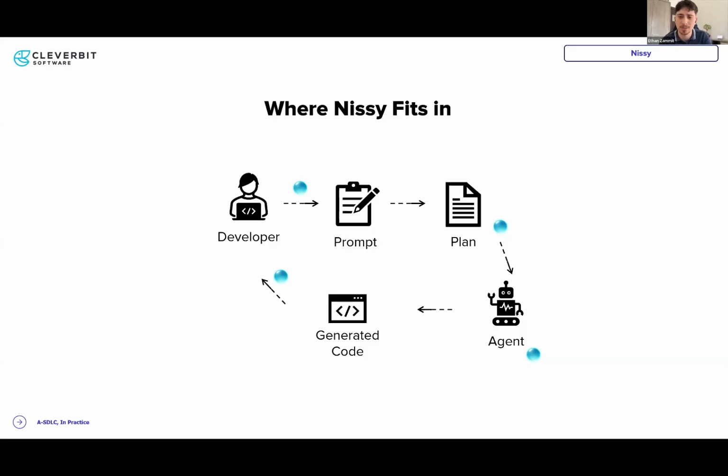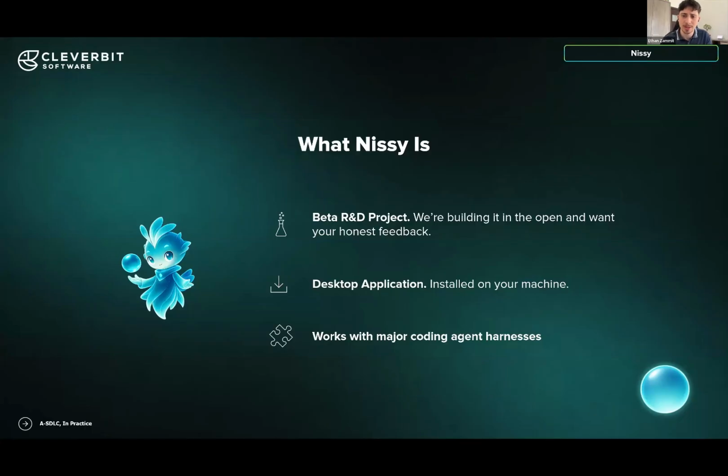It reduces the verification load of reviewing the entire plan, of completely supervising the agent, and essentially closes the loop between what the code generated is and your initial prompt. So Nissi is an R&D project we're working on. We're building it in the open. It's beta, but we've been using it internally and with clients, and we found it useful. So we wanted to share it with you and give it something to discuss and something we can perhaps adapt